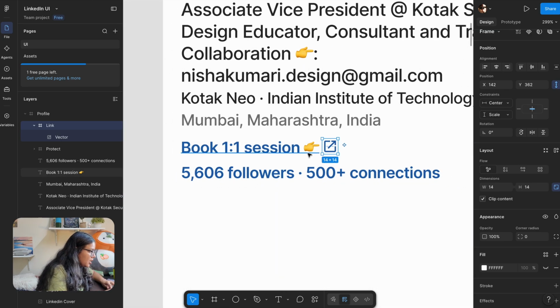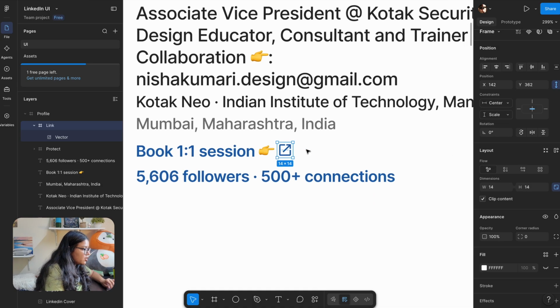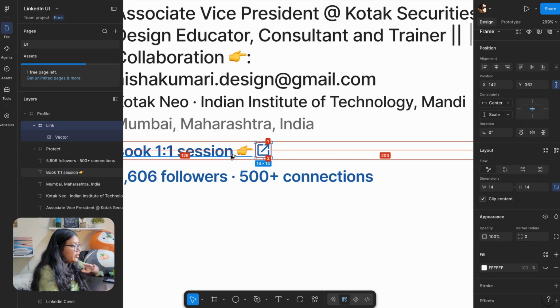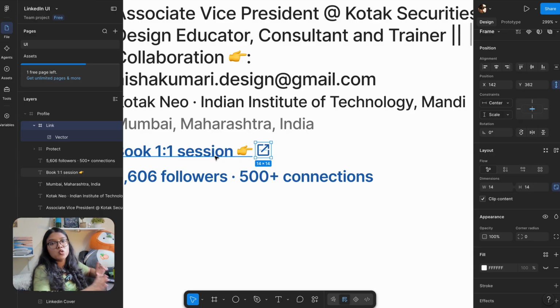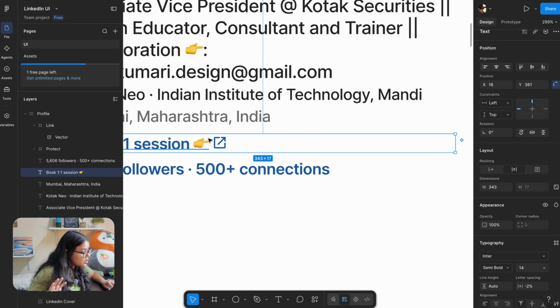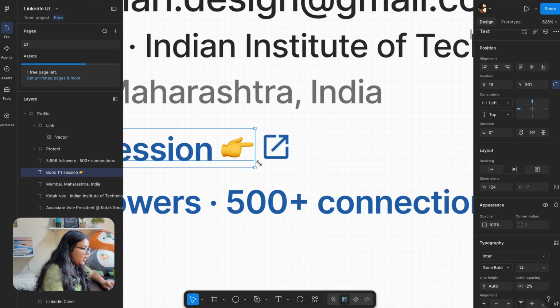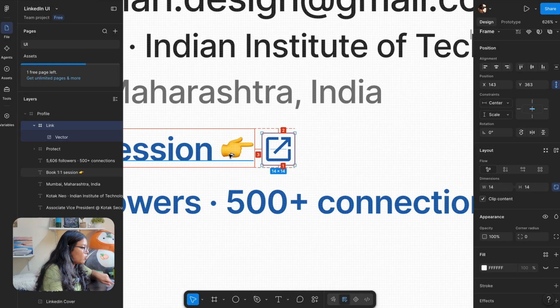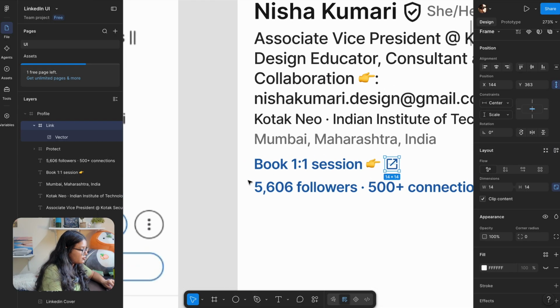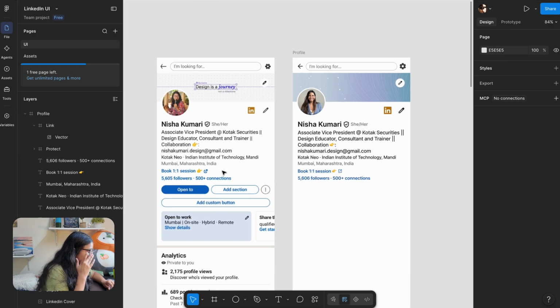But now what is happening, when I click on this and hover on this element and click on option, see what ये मुझे 126 दिखा रहा है, 203 दिखा रहा है, because the dimensions of this text goes from very left to very right, ठीक है. If I have to just see the distance यहाँ से till the icon, I have to end this right here where the text ends, and then place it, and then use Alt to see the distance, ठीक है. Okay, and this is our buttons done, text CTAs done.